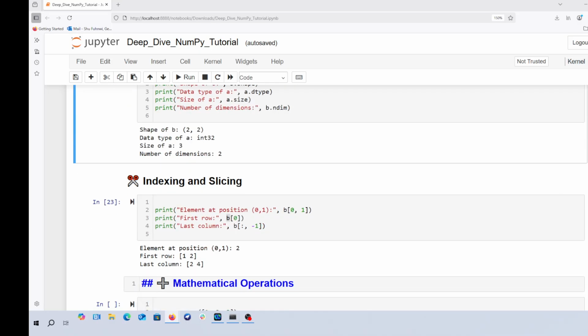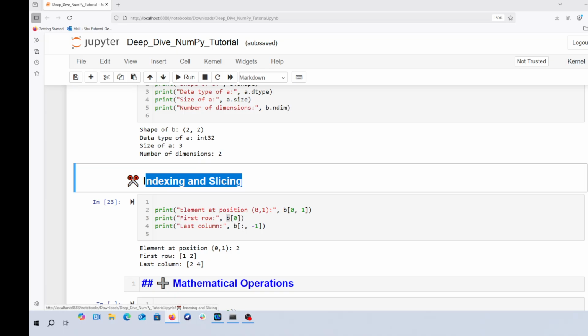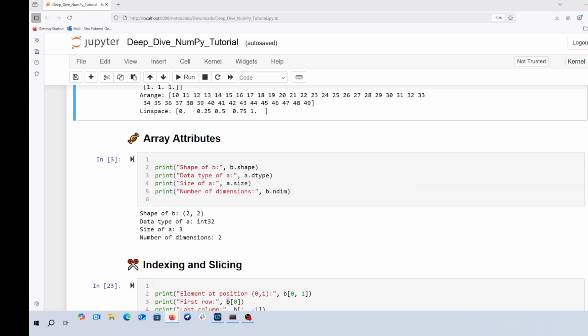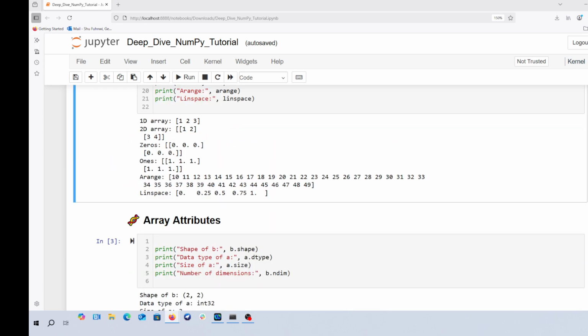Now, same as we were doing slicing and indexing elements when we saw lists or dictionaries, we can do the same for arrays. Let's say I want to go to the array B that I created and I want to extract 2. Now, remember, this array is made up of rows and